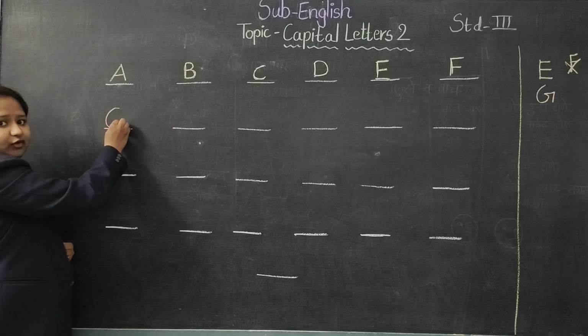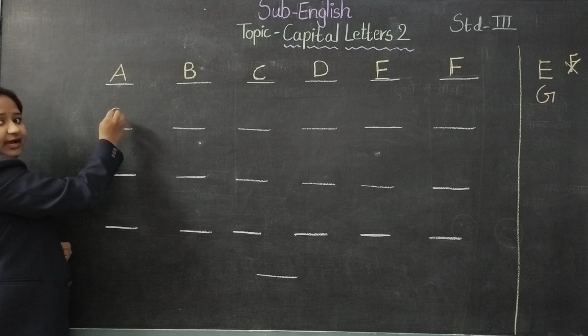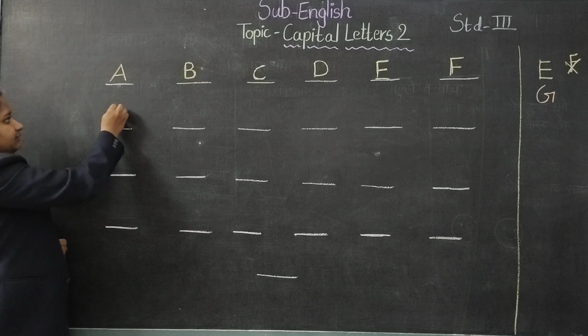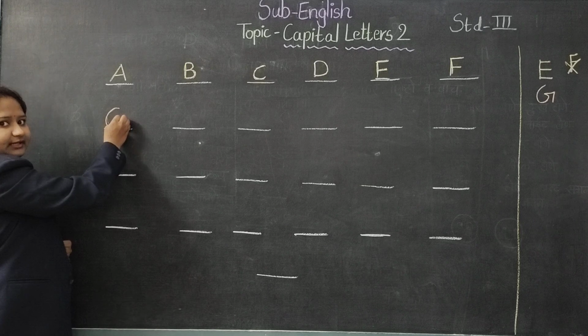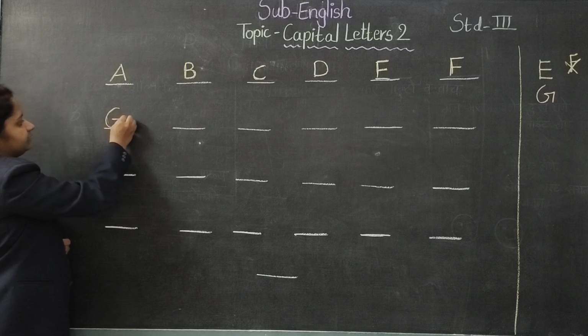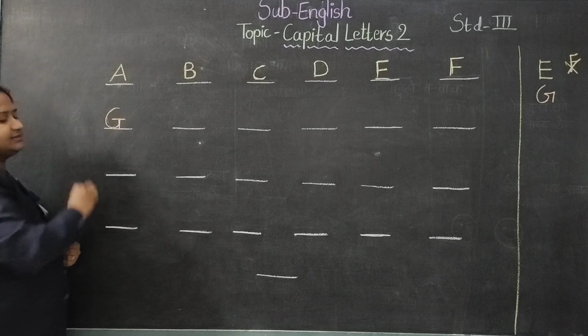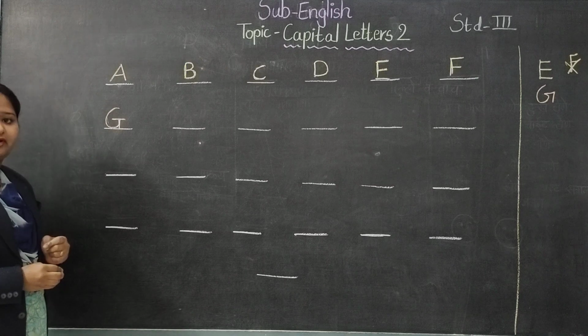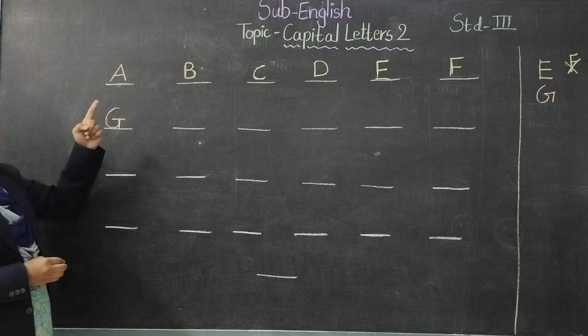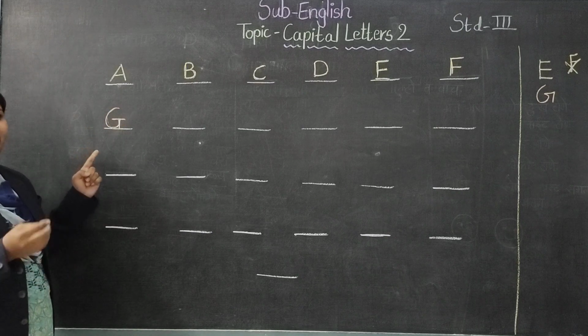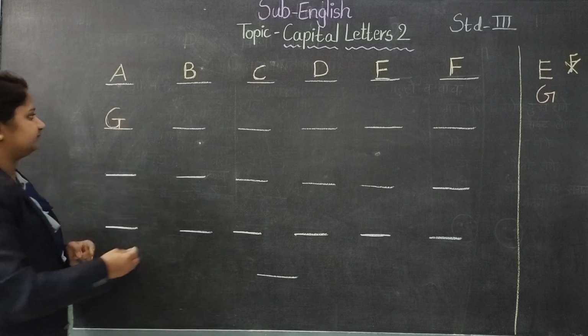What we'll do, we'll write first the letter C. Okay, half circle, we'll make it a little upwards, then we'll make a line here and then like this. This is the correct way of writing letter G. Okay, now we are done with A, B, C, D, E, F, G and now we'll move towards H.